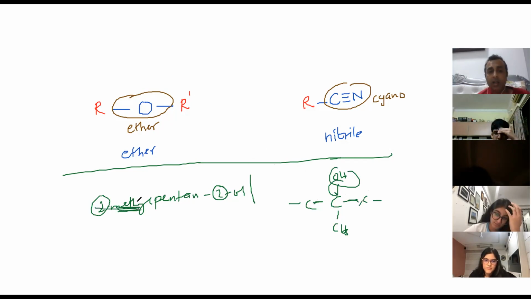If you remove the 2-methyl, and it's only pentan-2-ol, then the methyl branch will go away, and in place of that you will get a hydrogen. Then it will be secondary, because the OH is bonded to a carbon which is bonded to 2 carbons. The third is hydrogen. And if it's a 1-ol, then it is primary. Done? Still a problem?